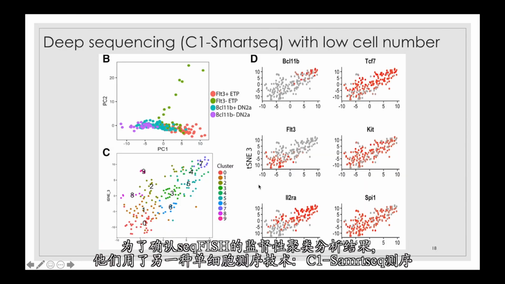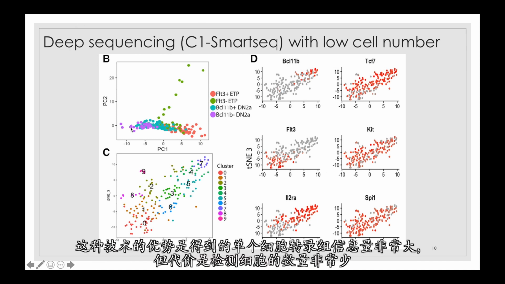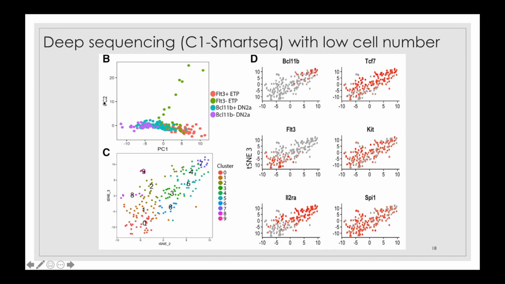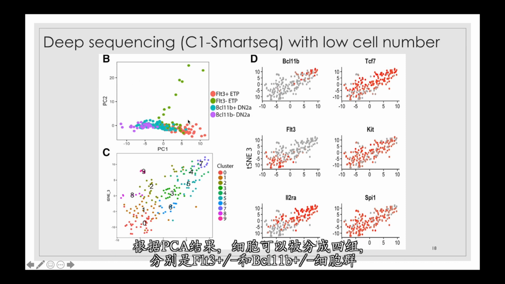So to answer this question, they use another deep sequencing single-cell technology to confirm the supervised clustering of cells. The advantage of this technology is that they can detect a lot of the transcriptome, but the trade-off is that they can only detect a low cell number, and they use two different analyses to automatically cluster the cells. The first one is the PCA, which we generally use in microarray. And according to the PCA analysis result, the cells can be automatically clustered into 4 groups, according to the markers